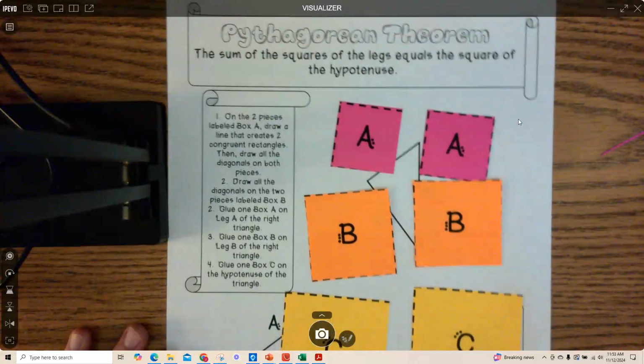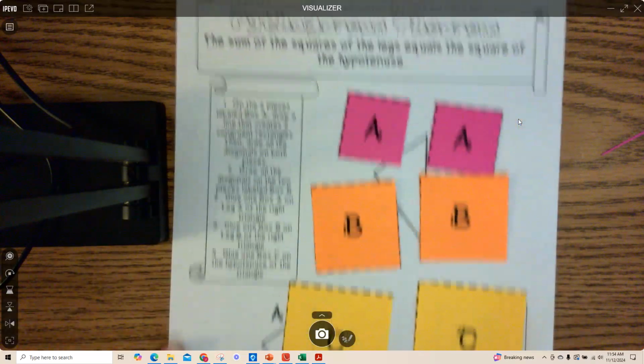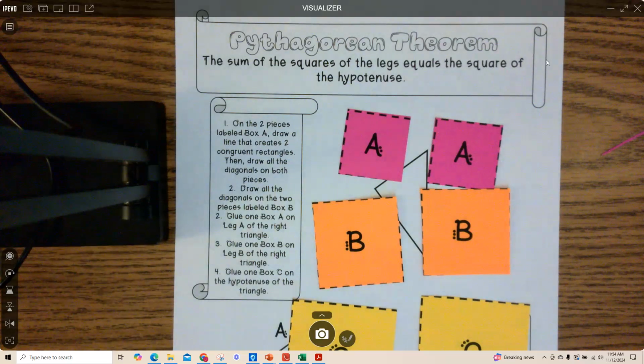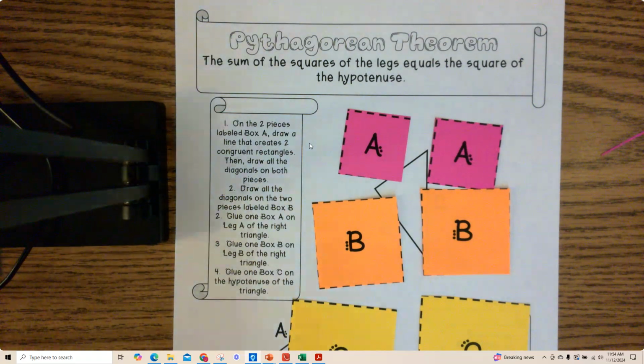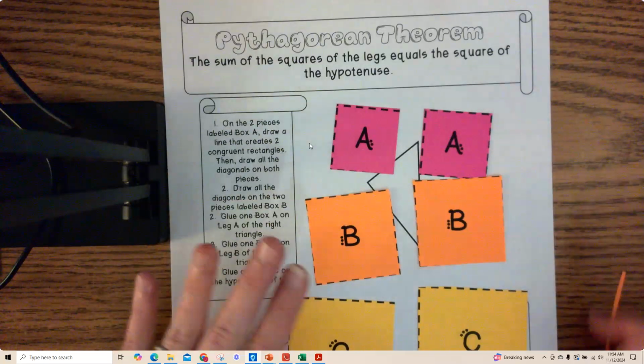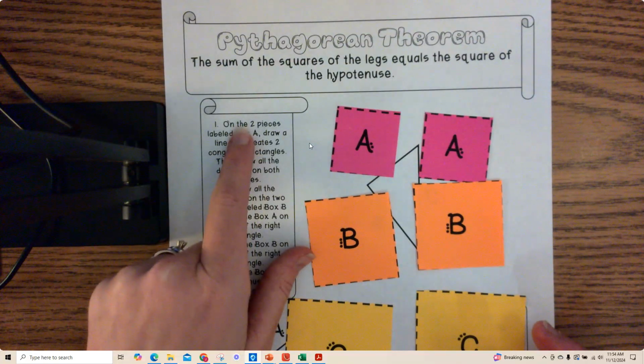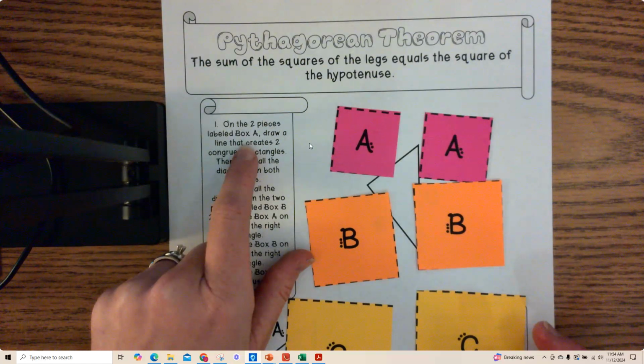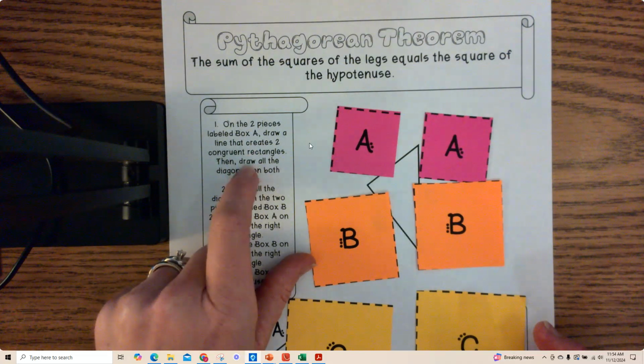All right, this video is going to be lesson 5, 2 notes, and we are verifying the Pythagorean theorem. So I'm proving our a squared plus b squared equals c squared today, okay? So first thing we do, on the two pieces labeled box A, draw a line that creates two congruent rectangles,